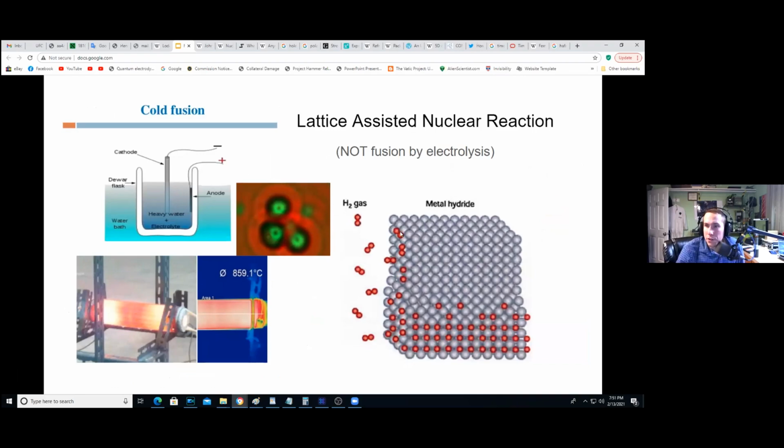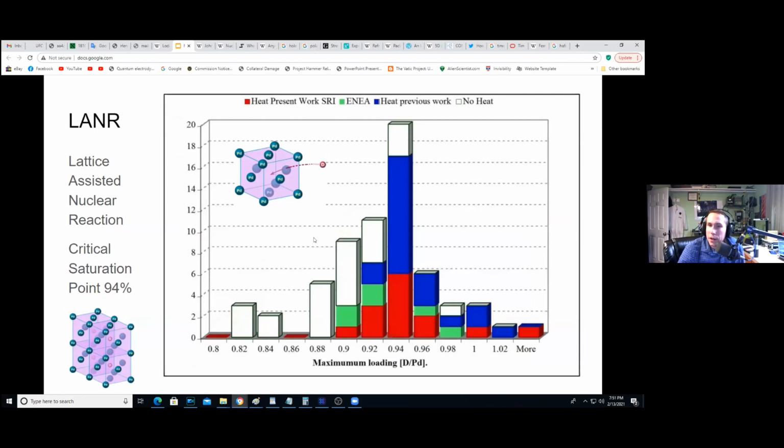So cold fusion is kind of related to these metal halide lattices. I had to throw this in somewhere, so I threw it in here. I apologize for that, but metal hydride lattices like palladium, in cold fusion experiments, they put heavy water plus an electrolyte, and then they charge this cathode, a palladium cathode, and there's a saturation point of about 94% deuterium to palladium that you need in order to see the reaction, according to Mitchell Schwartz and the MIT guys like Peter Hagelstein. Mitchell Schwartz was the experimentalist doing the research on cold fusion at MIT, who I talked to.